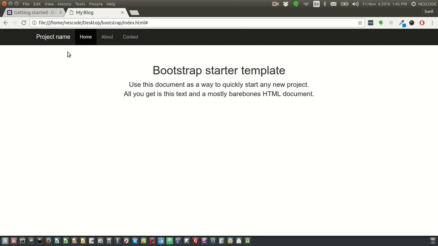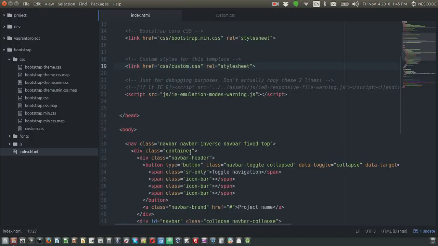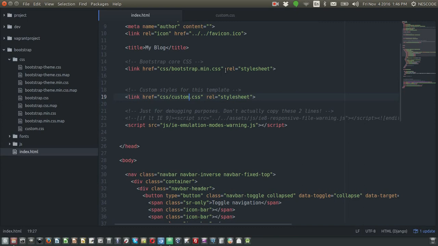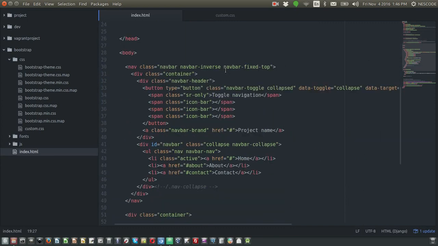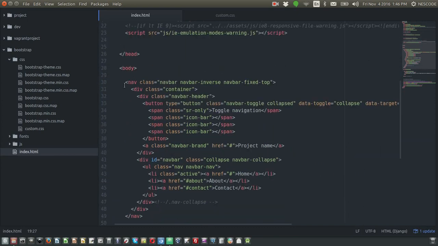So instead of the project name, I'm going to give our company name. Open your IDE, and this is the navbar section. On this navbar section, you can see there is a project name. So I'm going to give our company name Nescode,